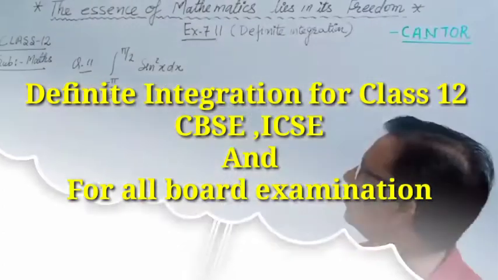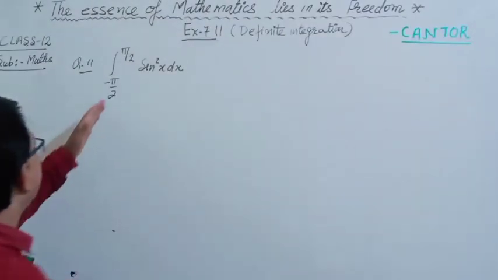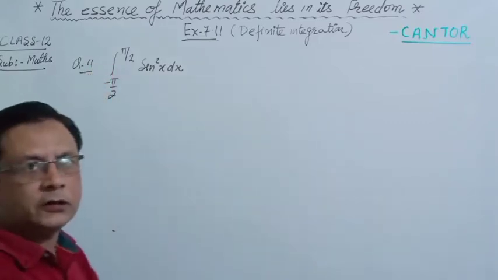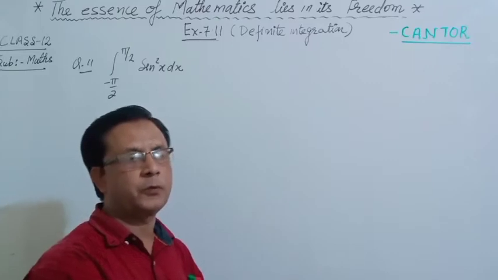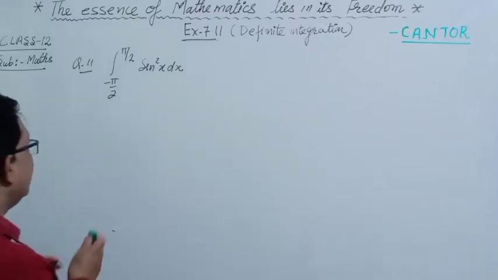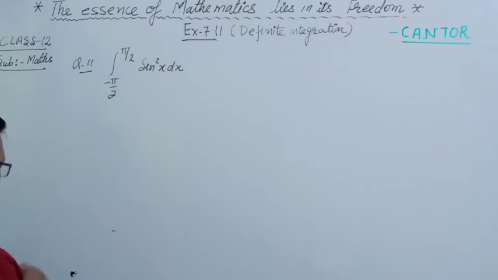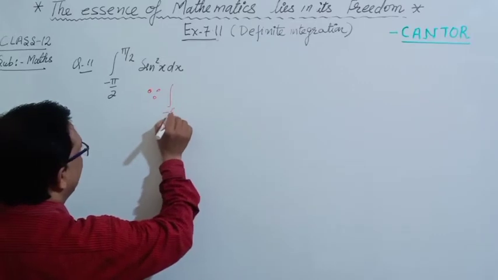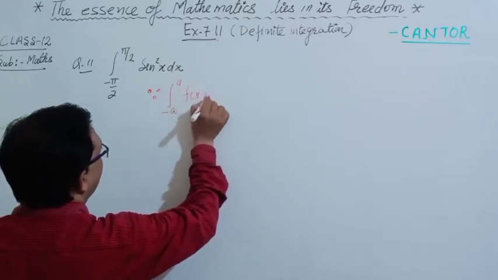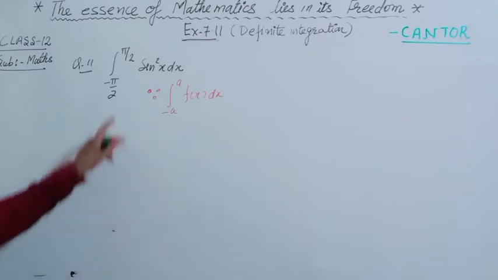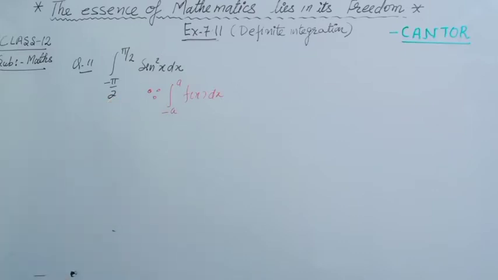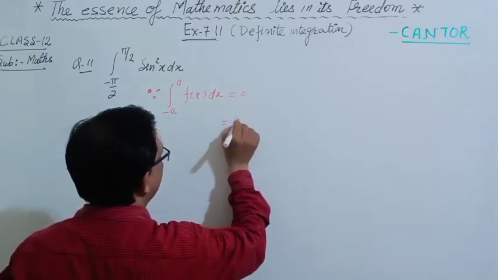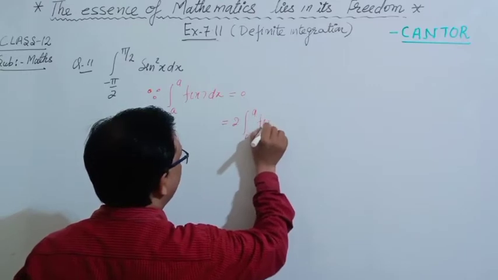This is a very good question. Everyone sees what is the property of the definite integration. Here is a simple property, minus a to a. I think first time we use this property. Okay, so here we see that our property is minus a to a form, f(x) dx is written. This property is written: this is 0 and also this is 2 times 0 to a f(x) dx.